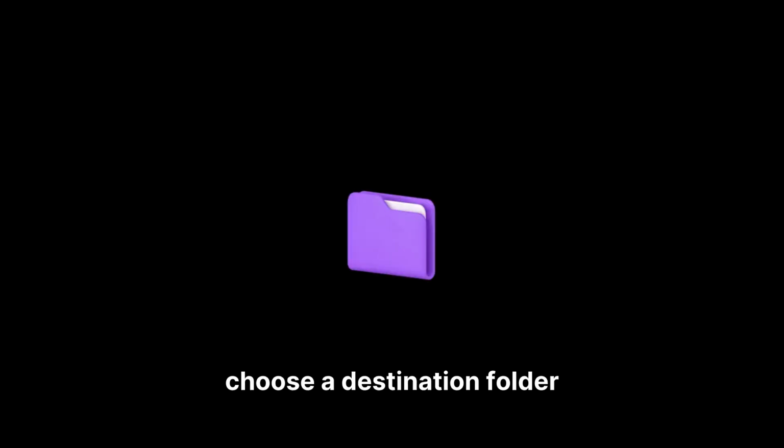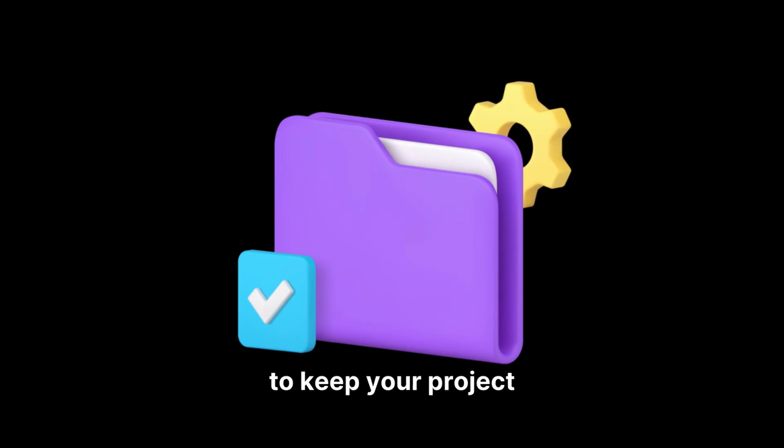You'll be prompted to choose a destination folder for your build. Create a dedicated folder to keep your project organized. It's good practice to create a new folder, perhaps named Builds or Exports, outside of your main Unity project folder. This prevents your project directory from becoming cluttered with build artifacts and makes it easier to manage different versions of